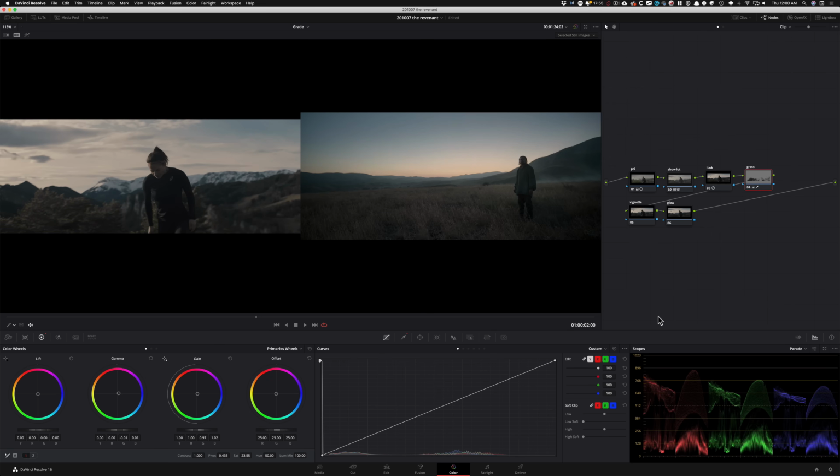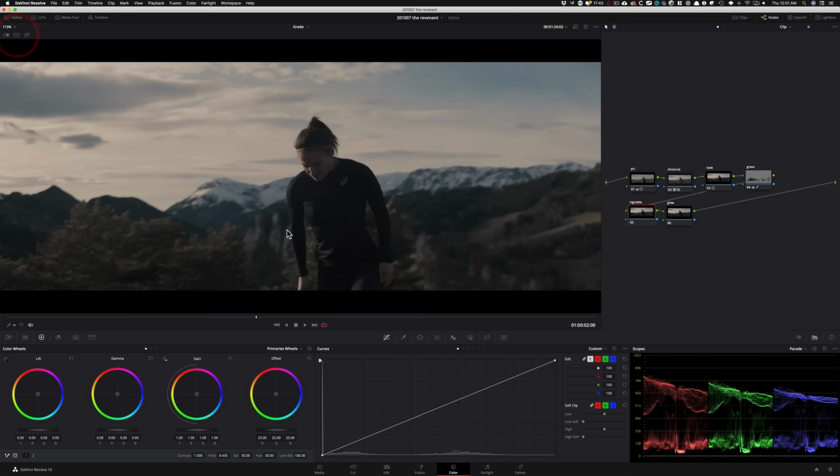Yeah, we can dial it back a little bit more. So that really created that mood. Okay, that really helped quite a bit. Now, what I want to do is go under my vignette, and I'm going to kill this,